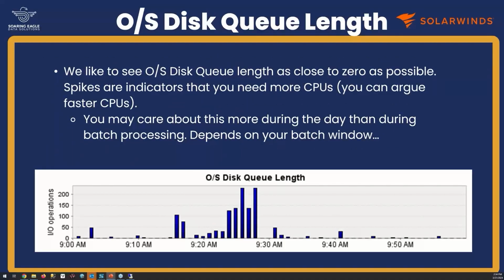Disk queue length. So let's talk about what disk queue length means. The disk queue length is the number of I/O operations that are sitting at the controller level waiting for completion. So I want a page, I look in cache, it's not there. I push this off to an I/O request. Now that's expensive because not only are you going for the physical I/O, which is about as expensive as you can get, you're also swapping your process out while waiting for that I/O to complete.